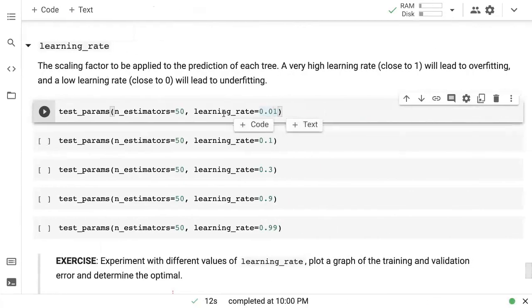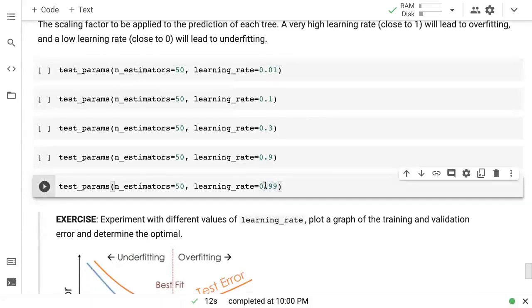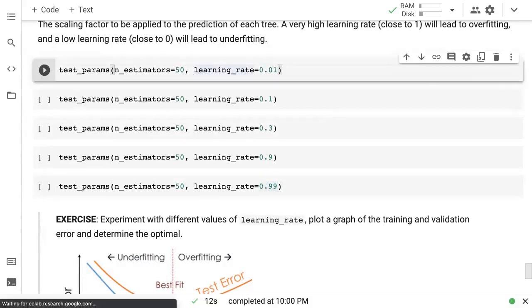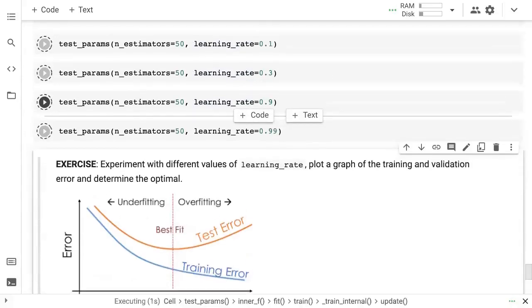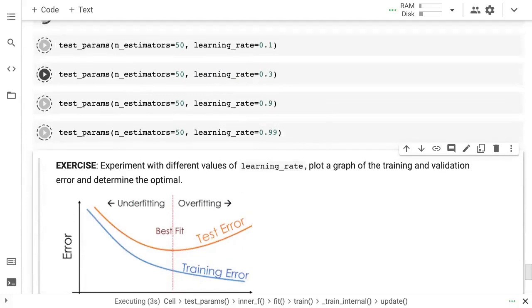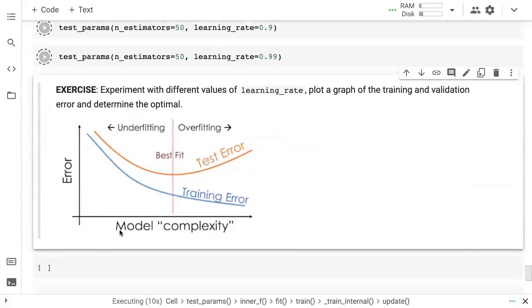So that makes it very hard for the model to even get good at the training set. So you will need a large number of estimators. A very low learning rate, something like 0.01, will lead to underfitting, and a very high learning rate like 0.99 may lead to overfitting. It's not that it will, but it may lead to overfitting, because you have other hyperparameters as well, right? One hyperparameter alone cannot cause overfitting, because there may be other regularizing parameters, but this is roughly the direction.